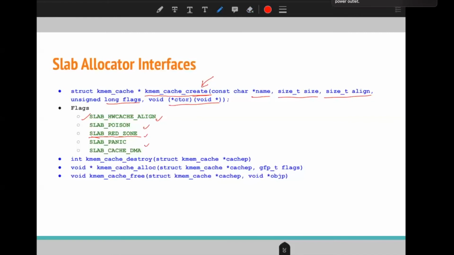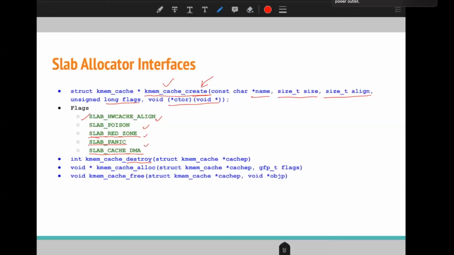With SLAB_PANIC, when it is not able to allocate the particular memory, it will cause a panic in the kernel. Similarly, this one is for allocation of memory for DMA purposes. And this is the counterpart of the create function, to destroy a specific cache for a particular object type.